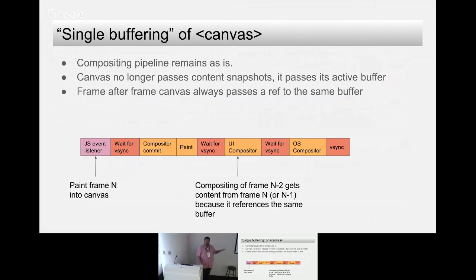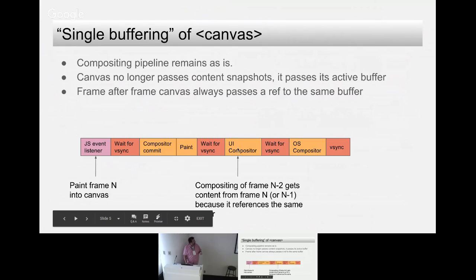We're not changing it, but the canvas, instead of taking a snapshot of its contents and then passing that to the compositor, is going to just pass a reference to its active render buffer, and frame after frame, it keeps passing a reference to the same render buffer. So the result of that is that at this stage here, where the UI compositor is doing its work, it's always compositing frame